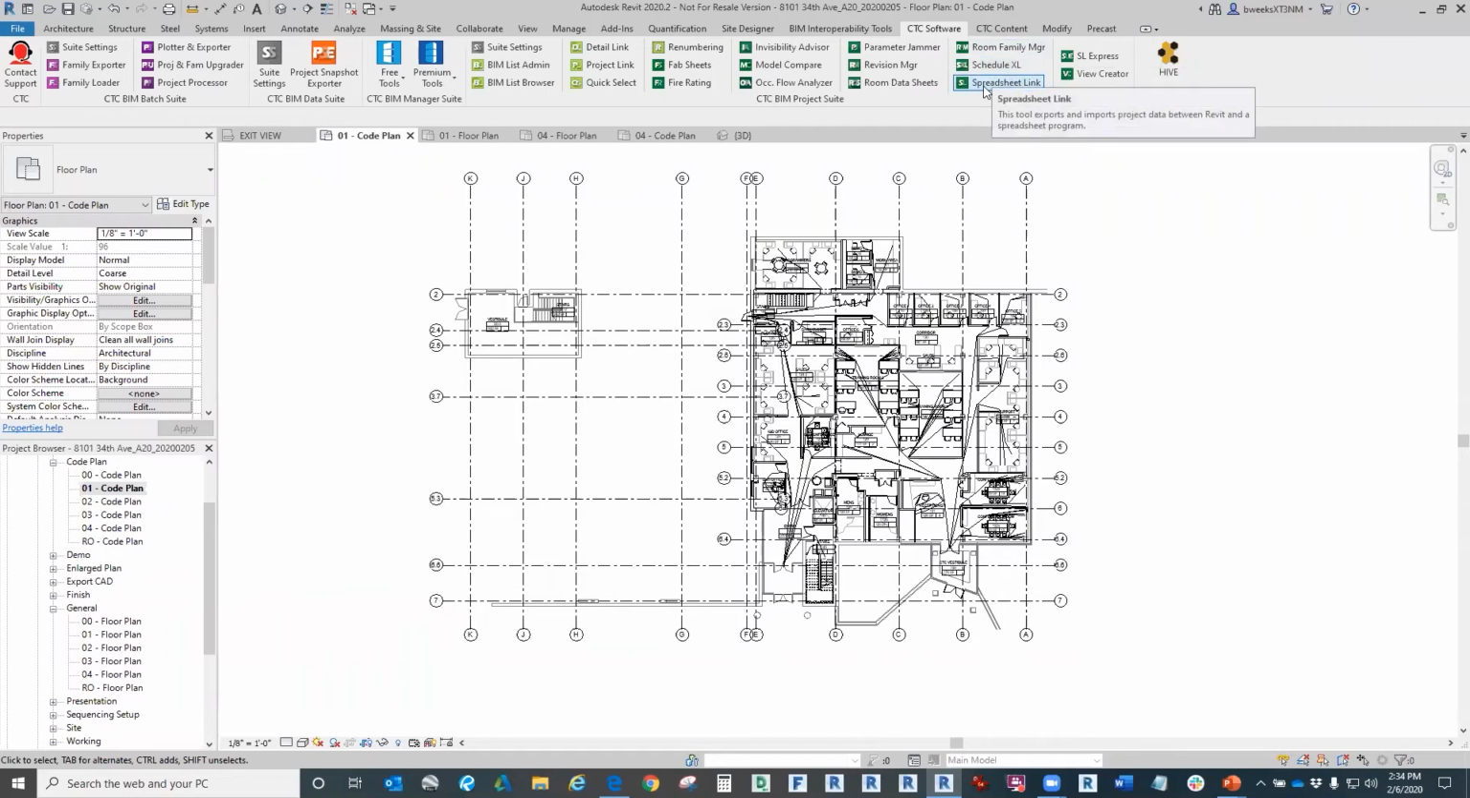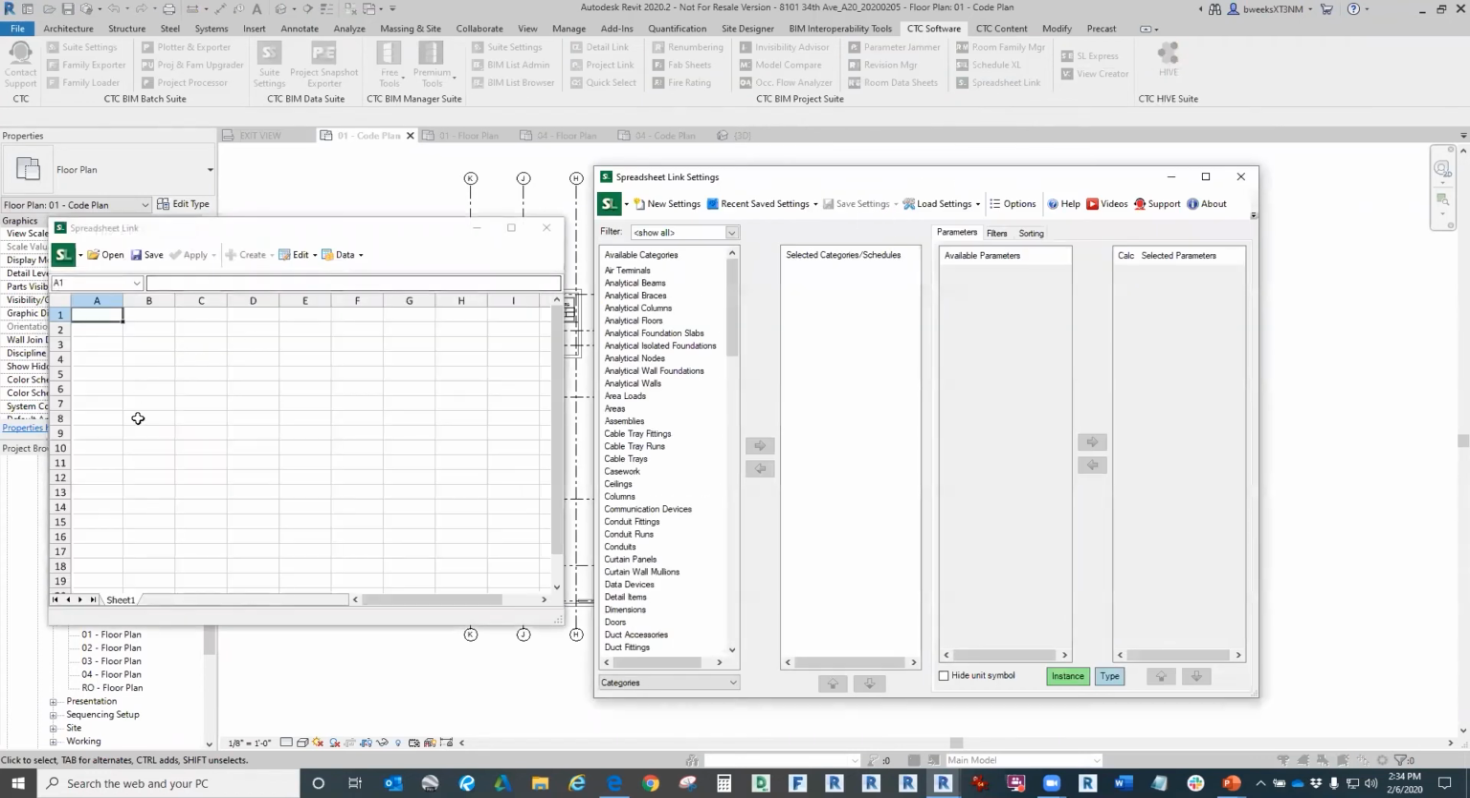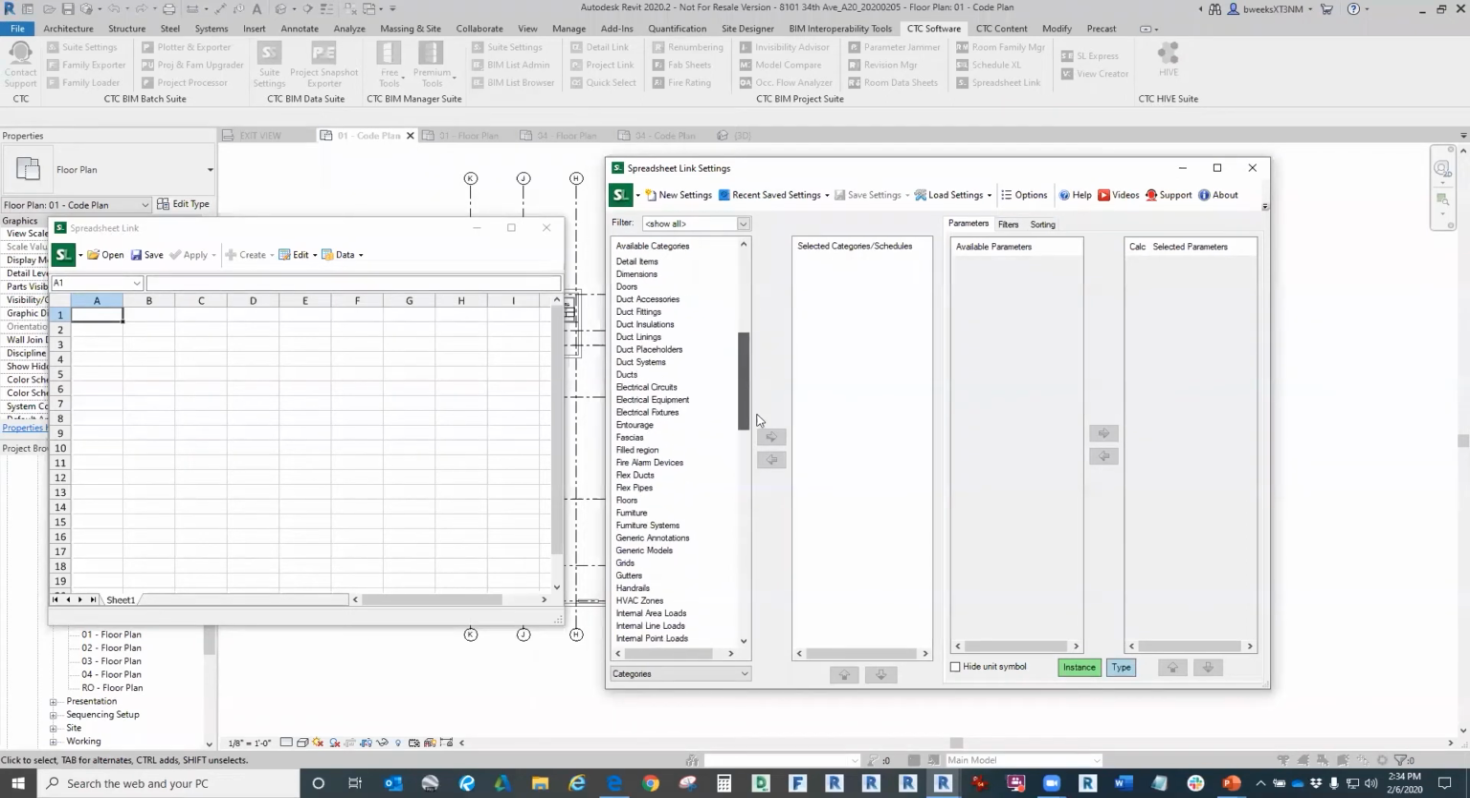It's like a live generation. Spreadsheet Link is what lets you create the spreadsheets within Revit and a spreadsheet program using data values that are present within your Revit model. So, and I'm going to show you how that works. So the first thing we're going to do is Spreadsheet Link. And so here we open up a window that shows our spreadsheet, and over here in our settings, I'm going